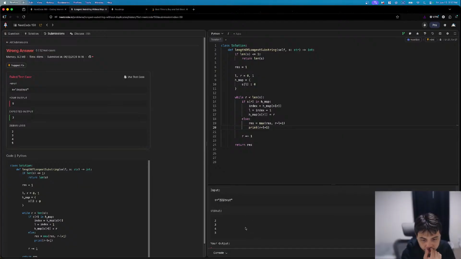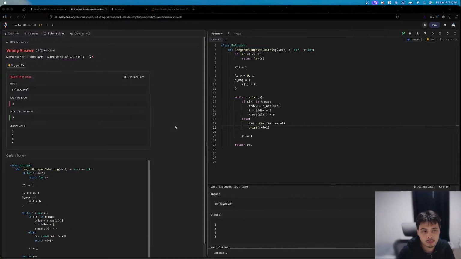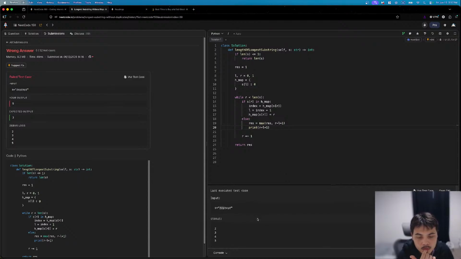How is it getting the 5 though? That's what I don't understand. ZXY. 3, and then here